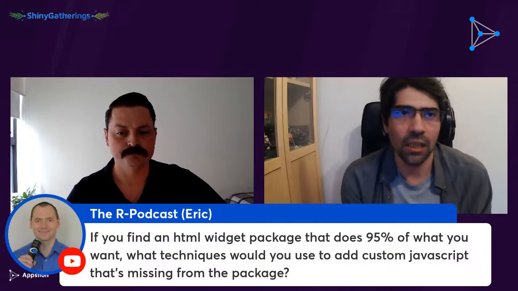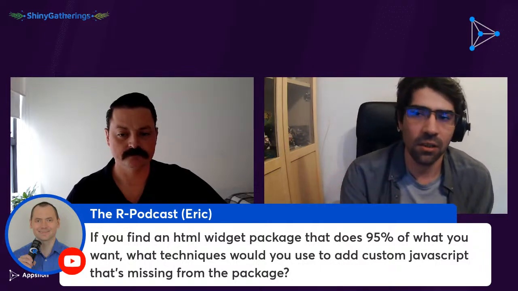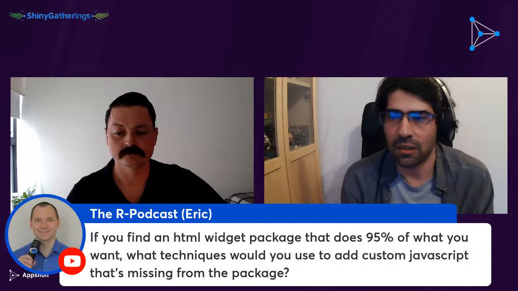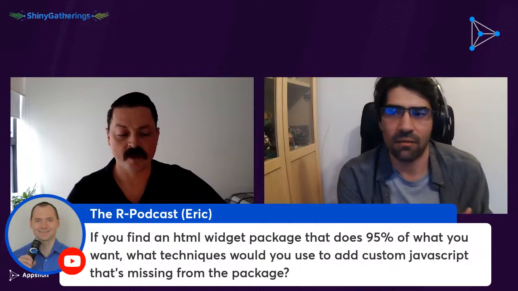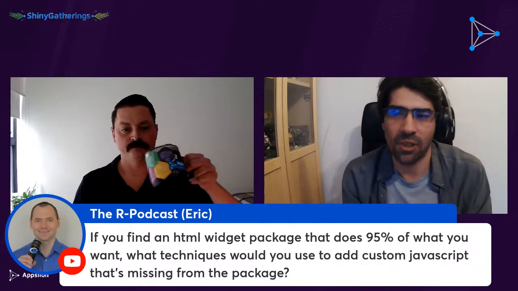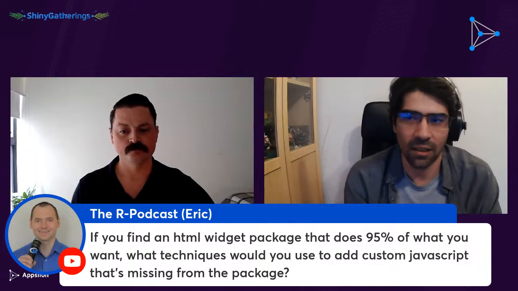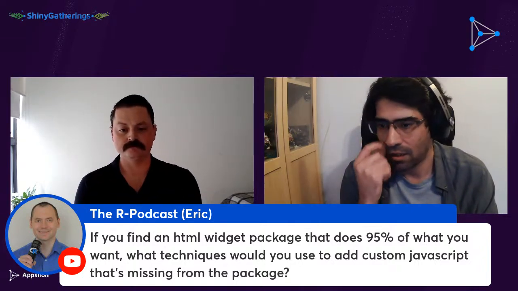It's okay to take that widget and wrap it in our own function and kind of add the missing pieces that we need. So in the case of styles, this would be, instead of just calling the widget, we would call our widget that also adds, for example, another style tag or another script tag that has a bit of extra functionality. Yeah. So if you can do it in the original package, great. If you need to extend it, this is also fine. I would typically just wrap this around my own function using the other function as a base.